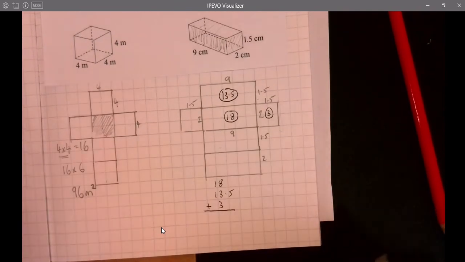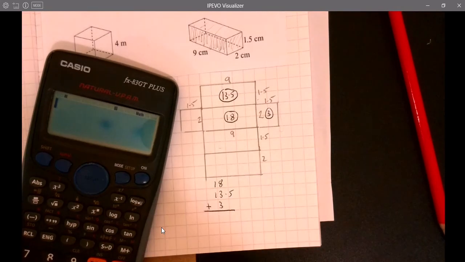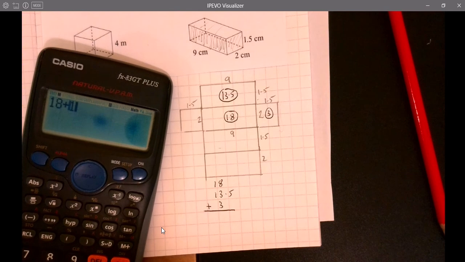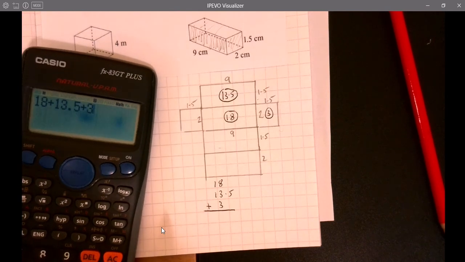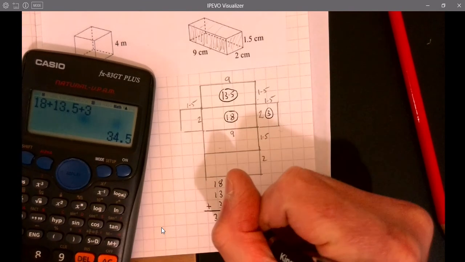So again, if you want to use this fella over here, we can do, alright, just to save yourself. But write down what you're doing. So if you do anything on your calculator, I don't mind you using it, that's fine. But just write down what you've actually done. Alright, so if we did that, that would be